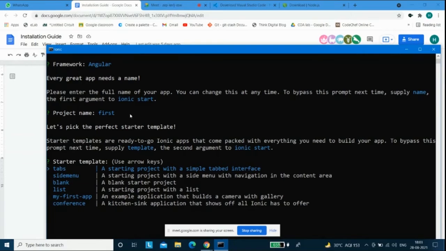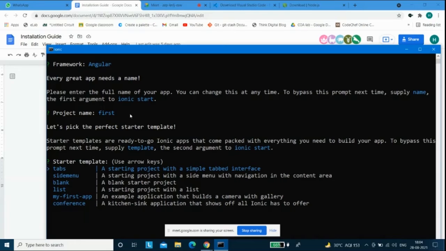You definitely use mobiles, so you might know the meaning of a few of these things. One is tabs. You would have seen in Instagram and other applications that there are a few options in the bottom part of the screen, like watching reels or direct message. Those are tabs. It looks like a single screen with a lot of options, and you can click on them and they open. Side menu: in many applications at the top left corner there are three lines, and you click on it and then a menu opens. You can open your profile and other things in that. That is side menu.